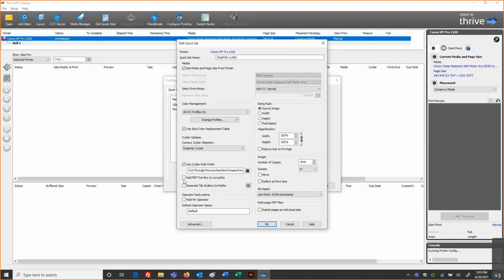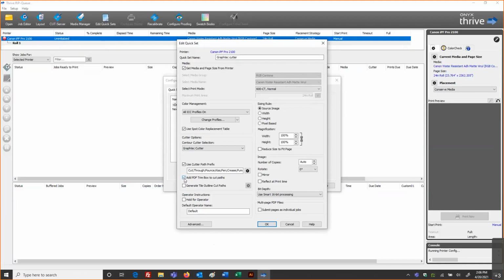Now, the next two choices below are very specific and independent. The first choice, add PDF trim box to cut paths. When I activate that feature, first I must be ripping a PDF file in order for this feature to work. So what will take place is the PDF's trim box will automatically be designated as a cut path.